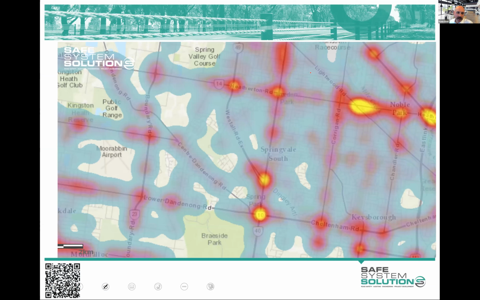I just used outer metropolitan Melbourne, but I could have done this for outer metropolitan Brisbane or Sydney or Adelaide or Hobart. It's pretty much anywhere. When you're in those areas where you have higher speed arterial roads and they intersect with other high-ish speed arterial roads, I'm talking 60, 70, 80 kilometre per hour roads, and we have a signalized intersection, the result is just death and serious injury.